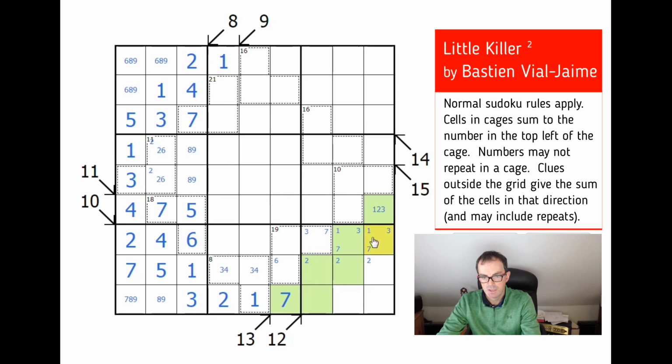But how can I make this? I could make this a 1. 1 plus 7 is 8. Therefore, I'd need these squares to add up to 17 or less. But I can't do that anymore, because